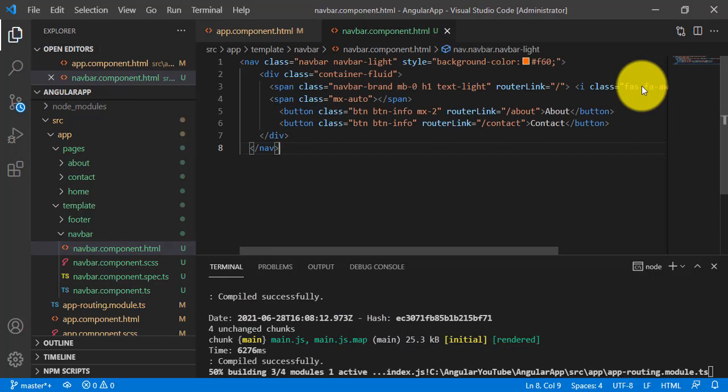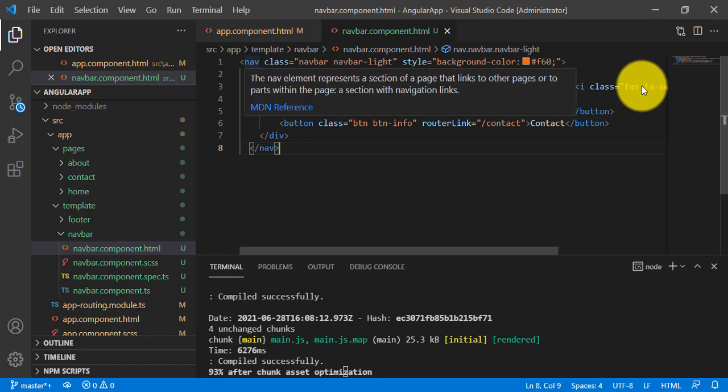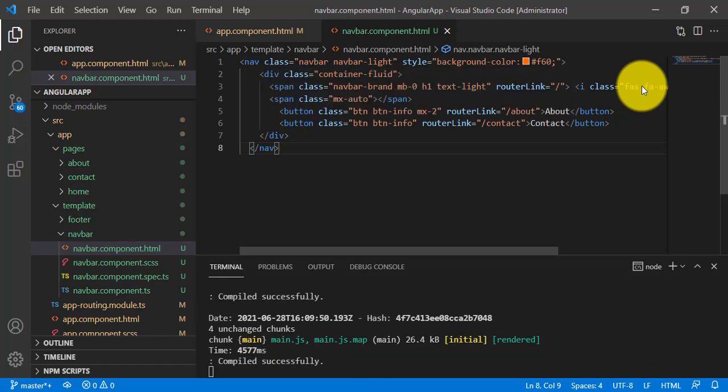So you can see that I have added the nav tag here, and the bootstrap class navbar-light, and I have mentioned one background color here. And in the div tag I have mentioned the bootstrap class container-fluid, and in the span tag I have mentioned navbar-brand mb-0, h1 tag and the text is text-light.